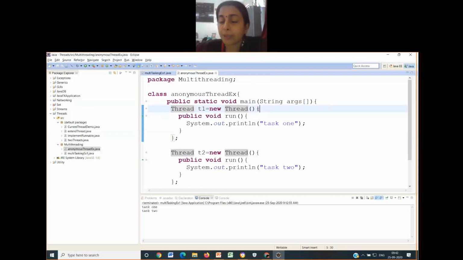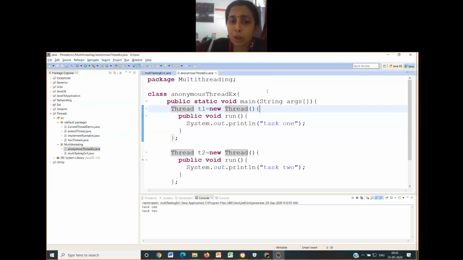Then there is an opening curly brace. It is similar to variable declaration, or variable declaration along with initialization. When the thread object is getting created, you are assigning the functionality to it. This is called initialization. So you are telling, at the time of creation, what you have created it for. That is being given as an input as soon as the thread object is created. This is how anonymous classes are better compared to the Thread class. Of course, it has disadvantages.